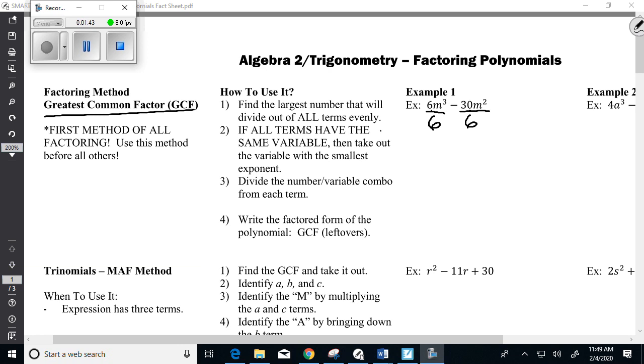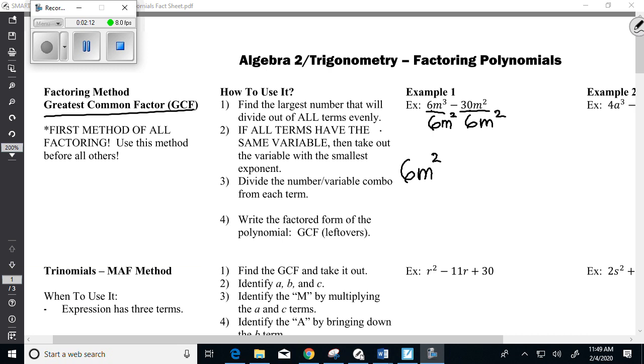If all terms have the same variable, then take out the variable with the smallest exponent. If you look at our example, you have m to the third and m to the second power. So m squared is the smallest variable. So you would take out 6m squared. You're going to divide each part by 6m squared. So if you divide each part out,